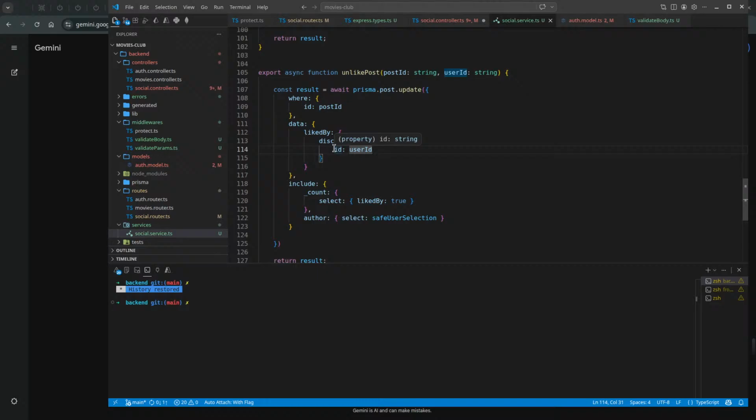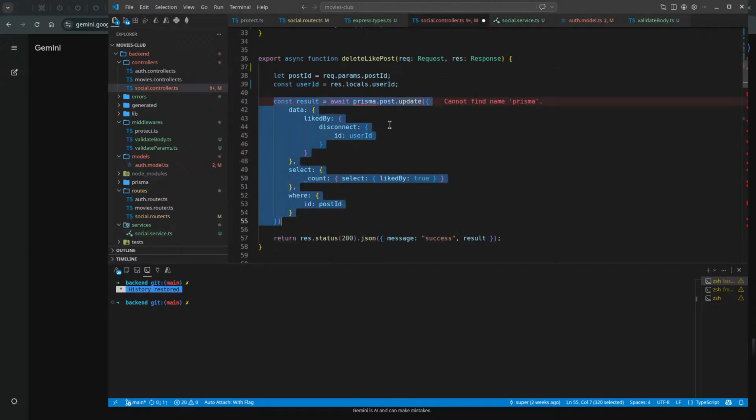I think it doesn't throw if he wasn't connected. I think it will only throw if the post ID wasn't found. But if the user wasn't already in the table, then it's okay. That's a guess. Anyway, let's go here.